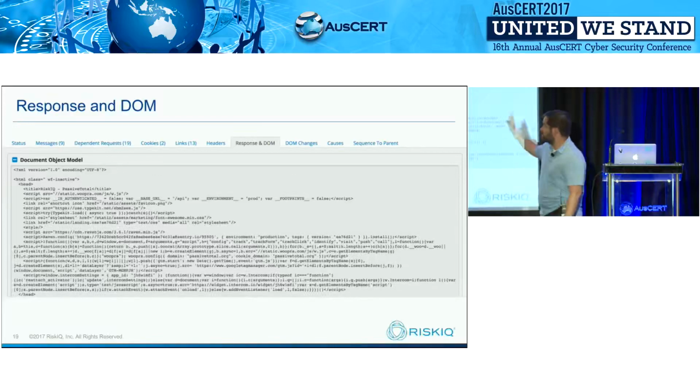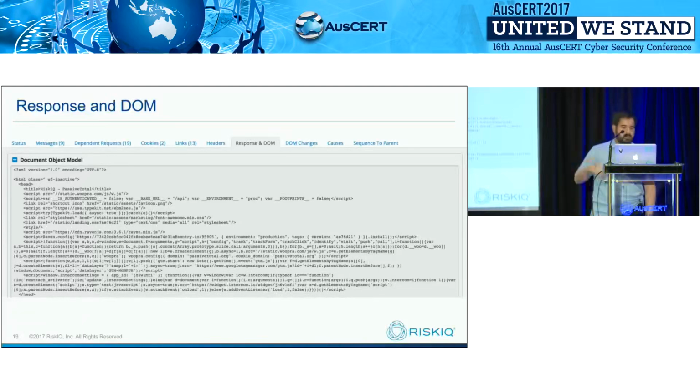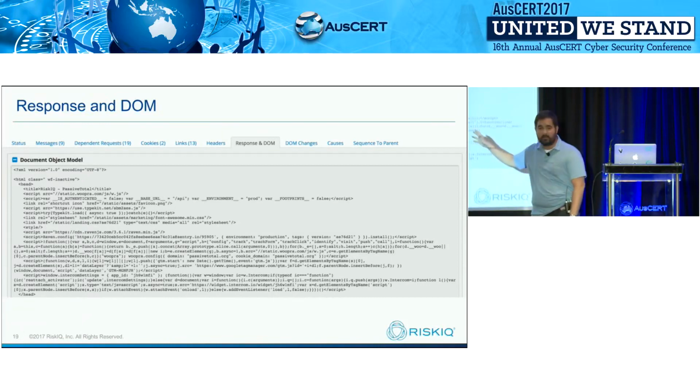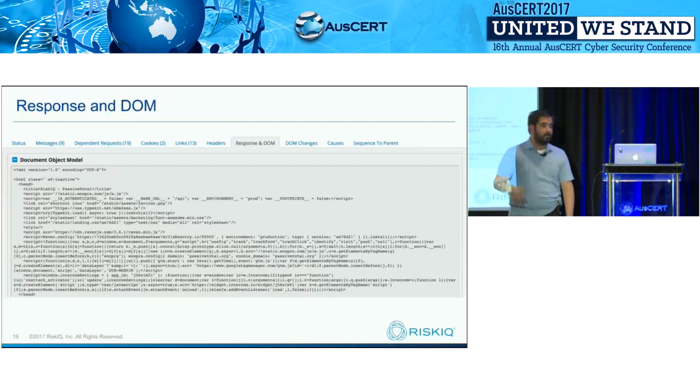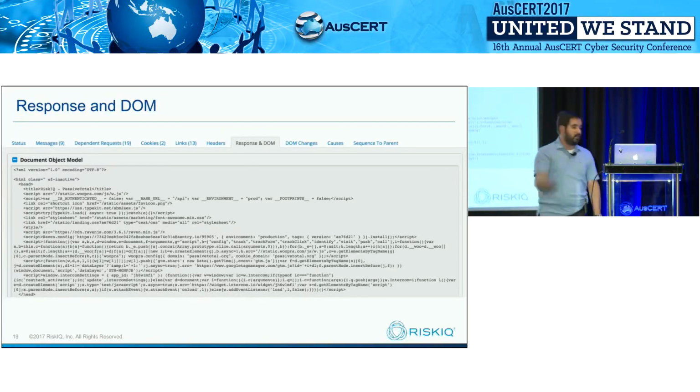And then response and document object model. Everything that is in the web page is pulled back in the document object model, and we can see all different parts of the code, scripts, links, and basically every interaction. This is very useful. We pull down the full document object model because web pages change all the time. And so we take a snapshot in time. What a web page looks like today may not be what the web page looks like tomorrow. And so each time we crawl a website, we grab the document object model and store it for later indexing.